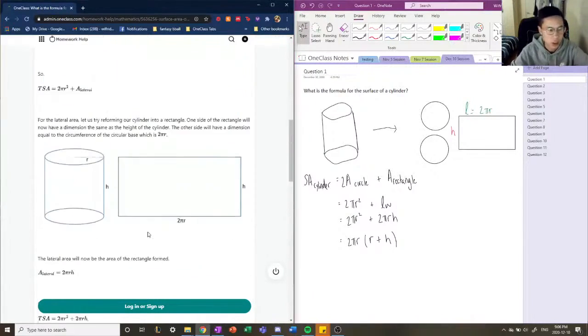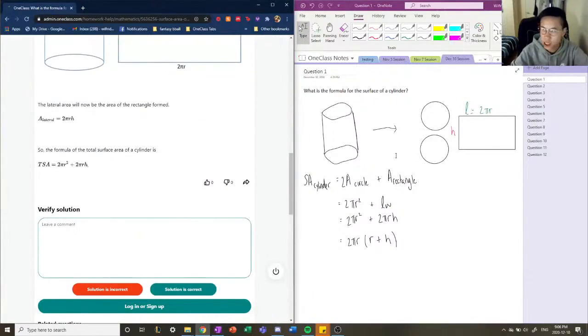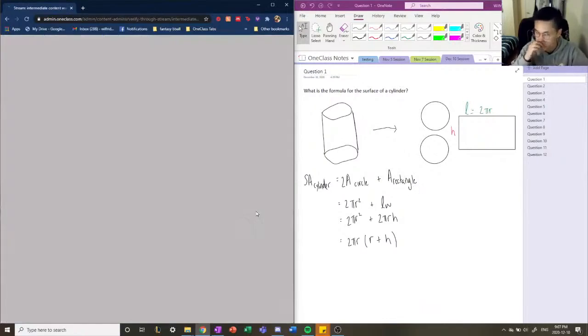Okay, so this is the rationale of thinking about this, and you can apply this rationale to other shapes like square pyramids or rectangular prisms. You can just break it down into simpler shapes and calculate the areas for each of those shapes. So this solution is correct. Good work. Cool. All right, let's move along to question number